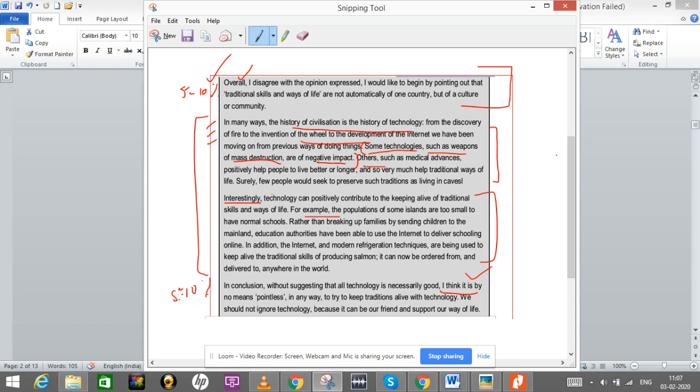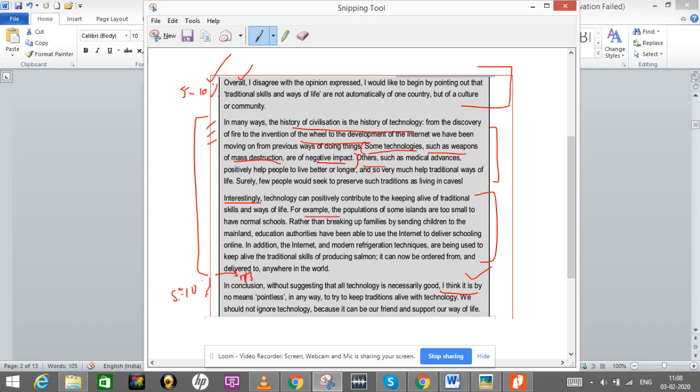So you may say that there are not many advantages of traditional skills. People use them in their daily life. All these traditional skills are actually the means of earning for a lot of people in India, especially in countries like India. Okay, so that is the way of writing it. However, you may put a counter argument, as I was talking about. You may say the traditional skills may not be appreciated very well by the modern generation. But yes, there are instances where people can earn more, they can live better when they just follow modern technology. So such one or two lines can be added here in case you want to add them,